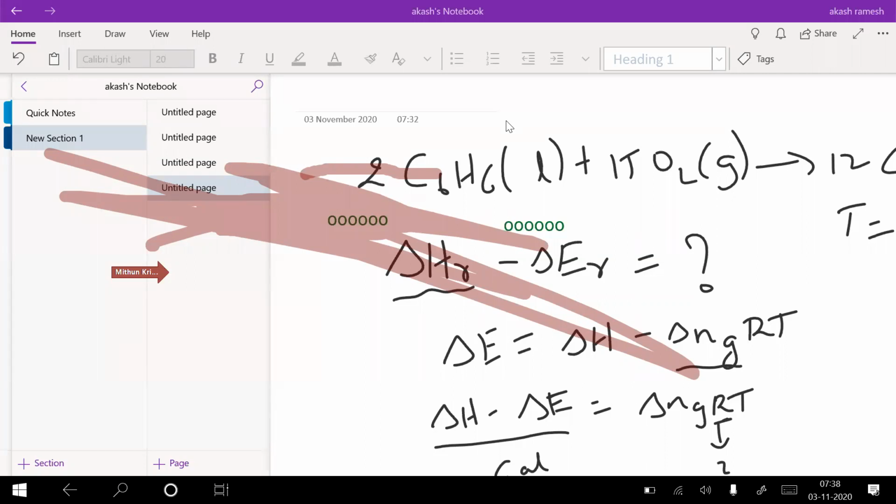Wait, I'll go back to the. Or I think you have the equation with you. Sorry, when to take medicine. Okay, fine. So maybe I'll ask someone else. Surya, are you there? Surya? Yes, sir, I'm there. Can you tell me what is the delta Ng for the reaction? Sorry?